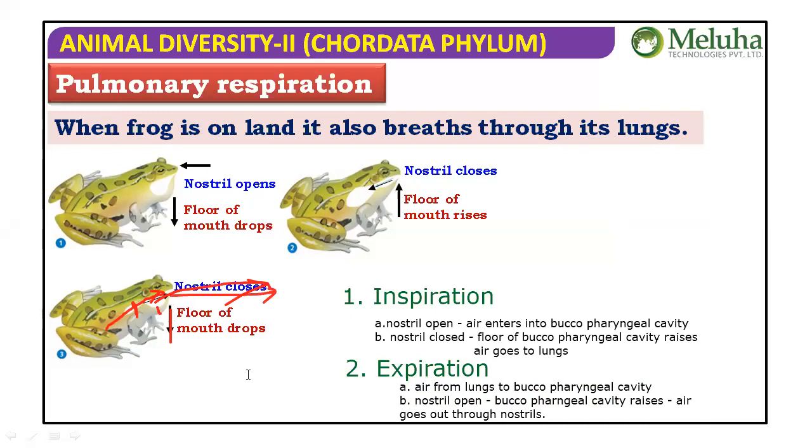So that's it. That means it is a little confusing here. Half information is in the textbook. If you take a screenshot, it will be helpful for you. So there is a via media that you have to understand. Buccopharyngeal cavity is raised two times. The first time it is raised, nostril closed, glottis open: inspiration. Buccopharyngeal cavity elevated for the second time, glottis closed, nostril open.